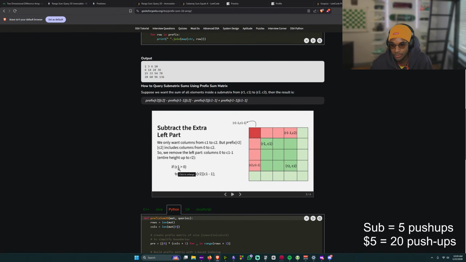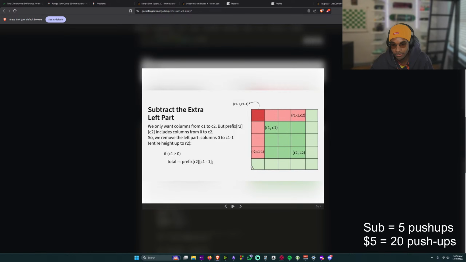If column 1 is greater than 0, then just remove that whole column. Total minus equals prefix of row 2 and column 1 minus 1.